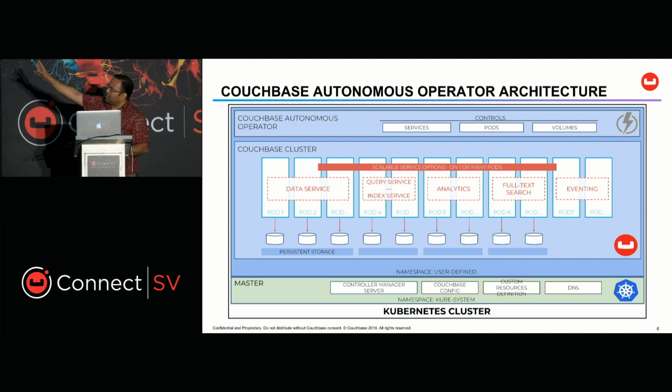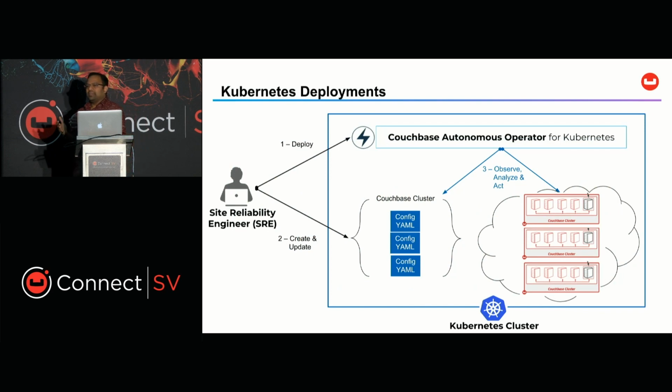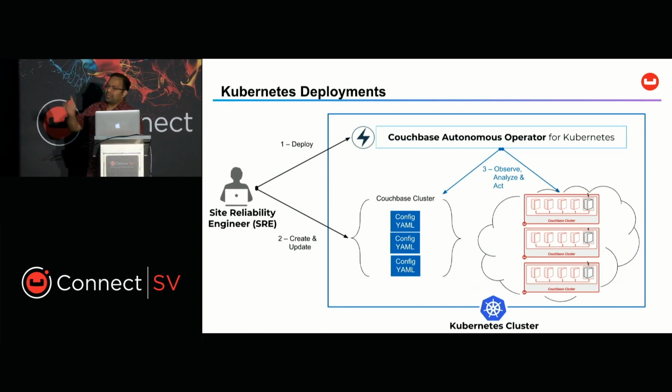At a high level, there are three controls. We have services, pods, and volumes. And then, as I said, we'll talk more about those in the demo. So the way it flows, and if I show you the next slide, it will be much clearer. Let's say an SRE or a DevOps engineer, the first thing they would do is deploy the Couchbase Autonomous Operator. Once the Couchbase Autonomous Operator is running on Kubernetes, now you can define a configuration